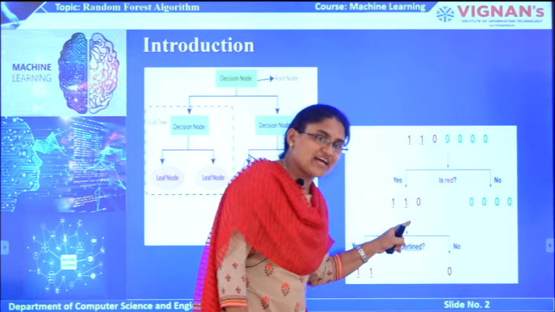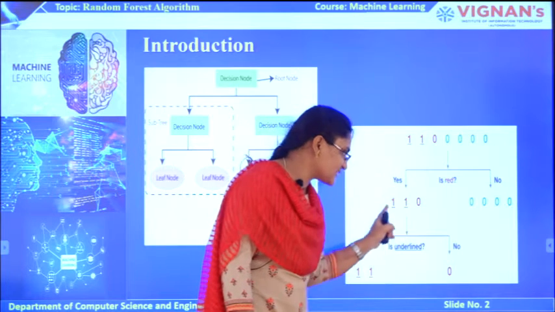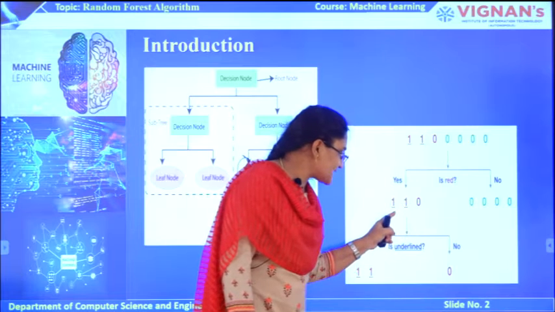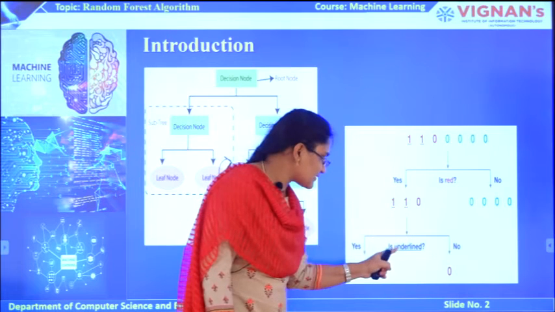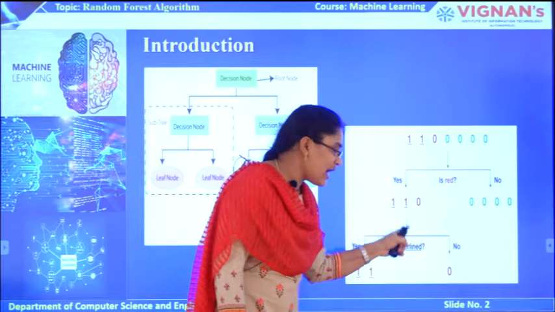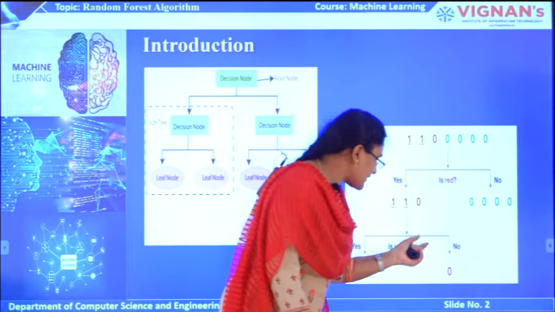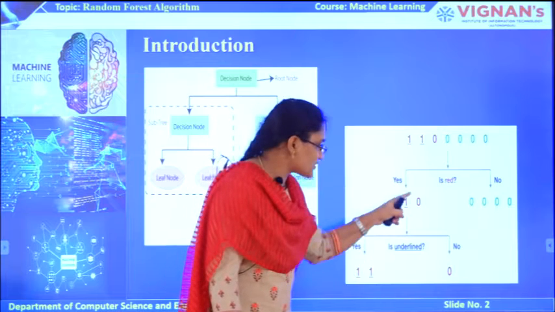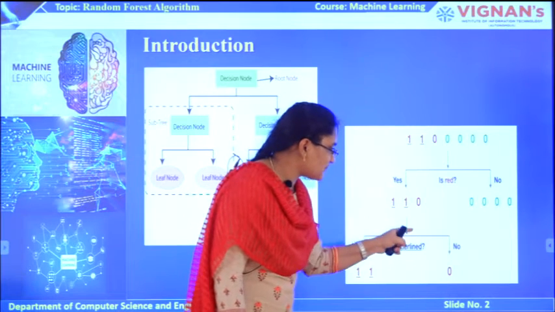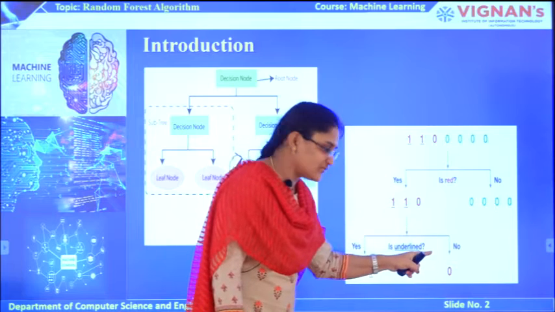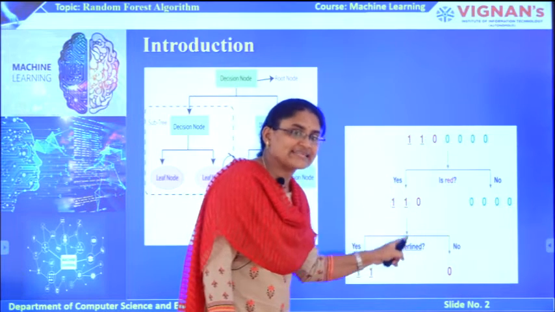Again we have to select the best feature for splitting these two different data points. So here our feature is the underline. I am asking the question, do these data points come under underline or not? If the data points come under underline, then those points are assigned to the yes branch. If they do not, then those points are assigned to the no branch of this underline decision node.